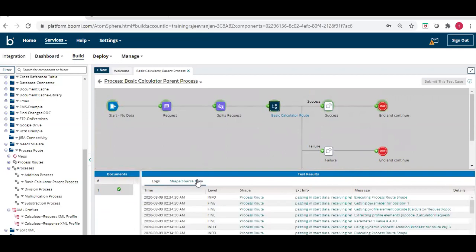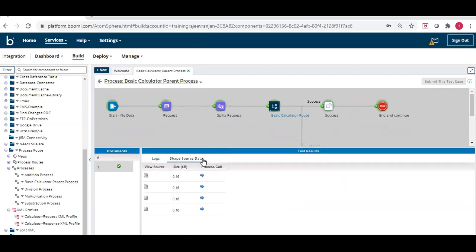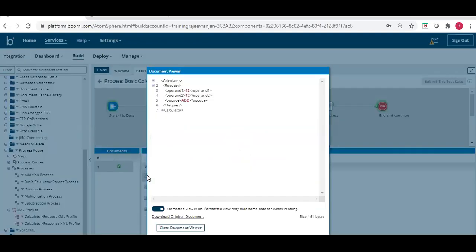You can go here and see. Looking into the SAP source calls, there are four documents, which means that the one request has been split into four documents. If you start opening these documents, you will see they are all different: the sum for addition, subtraction.